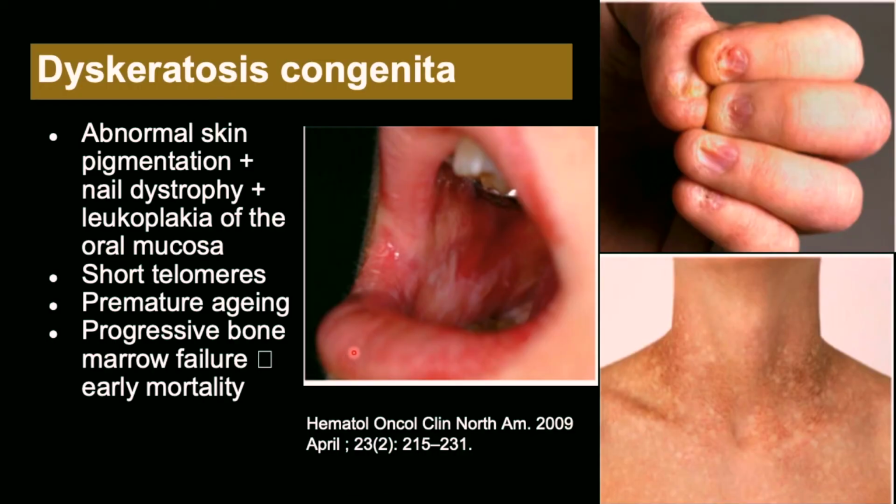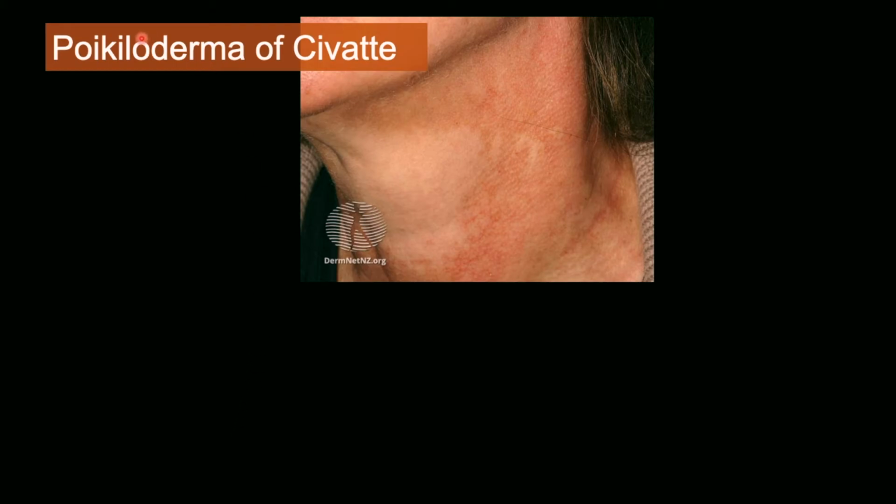The other one is dyskeratosis congenita, and in this one we see nail dystrophy along with abnormal pigmentation and also leukoplakia of the oral mucosa. The mechanism is short telomeres, and usually we have premature aging, in addition to progressive bone marrow failure and early mortality. The most common poikiloderma is the poikiloderma of Civatte, and we find it more commonly in light skinned